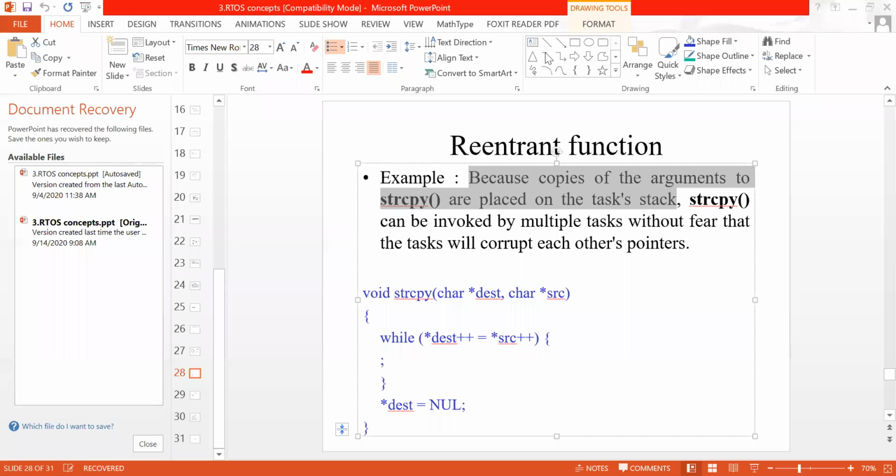That means in this function, if we are trying to jump from one task to another task, before jumping we are copying all this data onto the stack. That is the use of this string copy function.